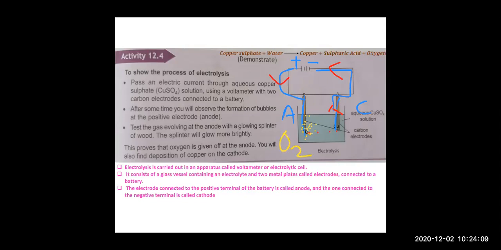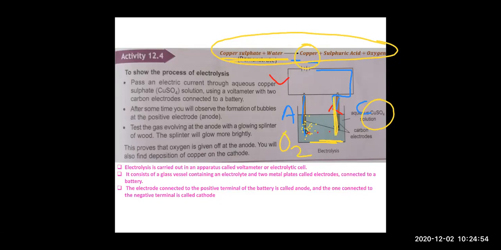So it means electrolysis has taken place in the voltameter. Electrolysis has taken place in the electrolytic cell. So what reaction has taken place in the voltameter? So this is the reaction, children, that has taken place in the voltameter. That is the copper sulfate solution which we have filled, that is aqueous, means it is dilute, we have mixed water in it. So copper sulfate plus water, it reacts. On passing current, it gets converted into copper, which gets deposited on the cathode.